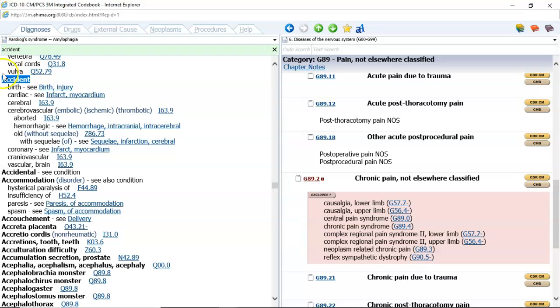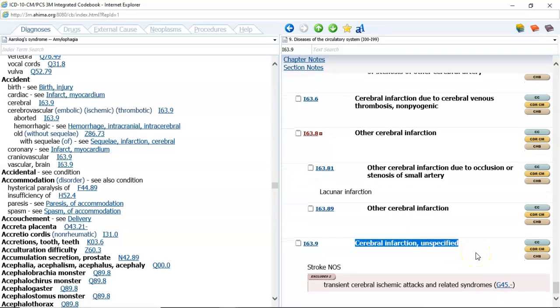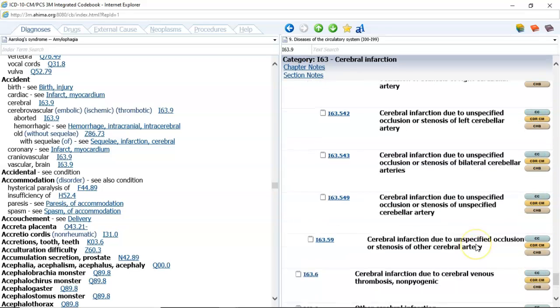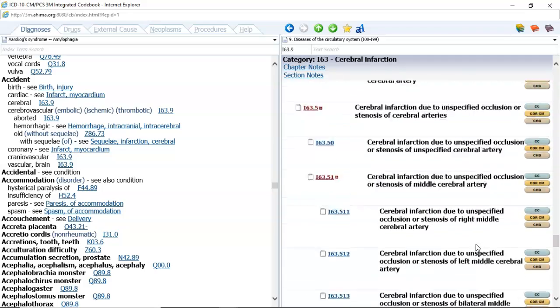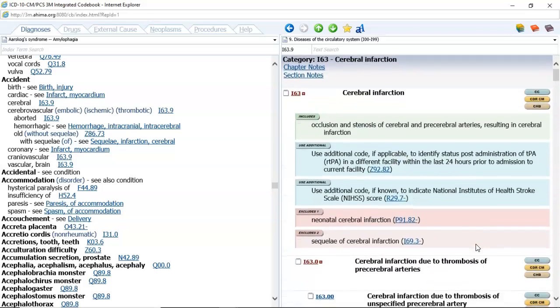So I'm going to go to accident, and I can see cerebrovascular, I63.9. Let me click on that code and verify it in the tabular. And that says cerebral infarction unspecified, stroke and OS. And we really don't have any other information about this cerebral infarction to be able to assign a more specific